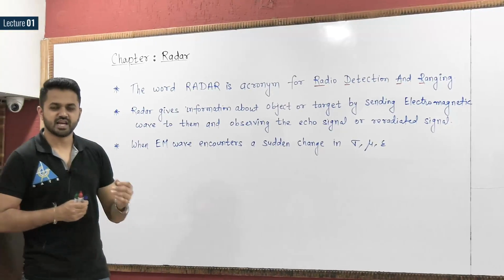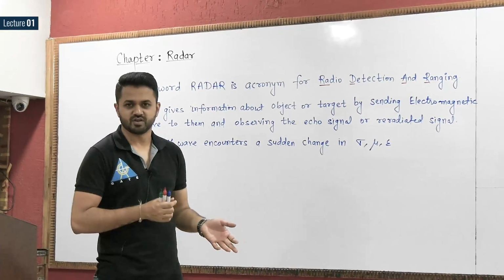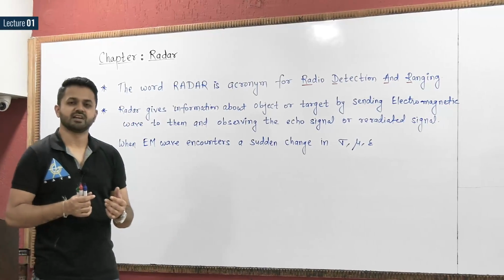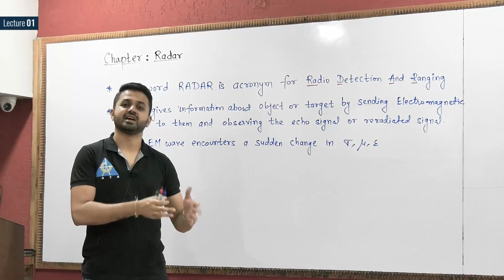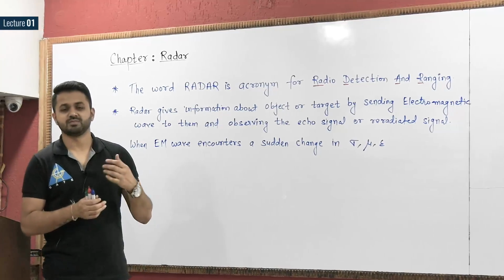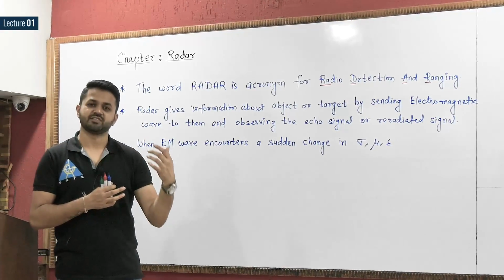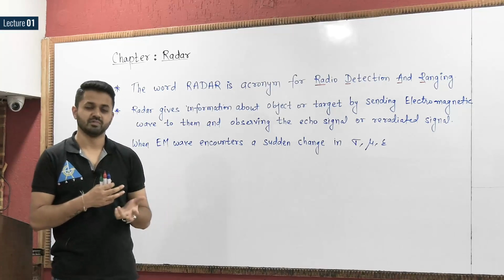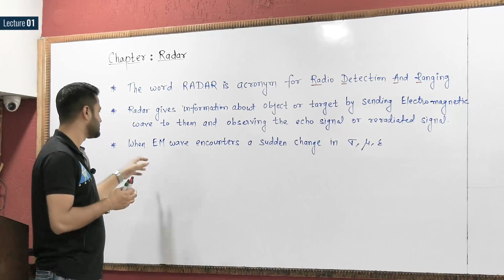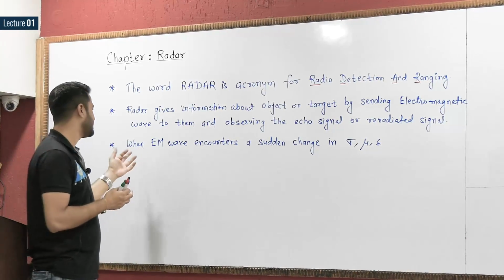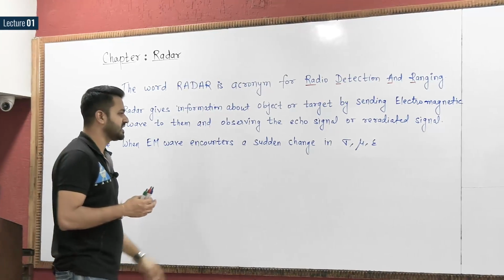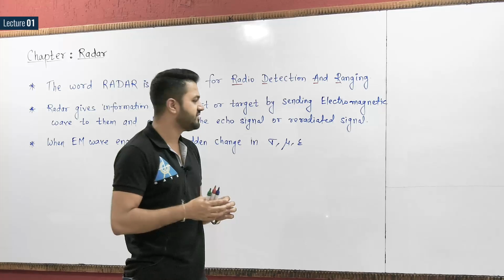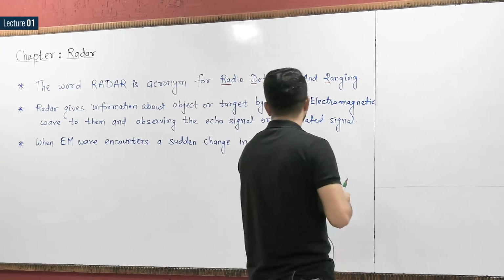We have studied the uniform plane wave in the chapter on plane wave propagation, and we have seen that whenever there is a change in the characteristics of the medium, some part of the incident wave is absorbed by the medium and some part is reflected by the medium. So here also it will happen, because we are transmitting that electromagnetic wave. When the electromagnetic wave encounters a sudden change in the conductivity, permeability and permittivity of the medium, some part